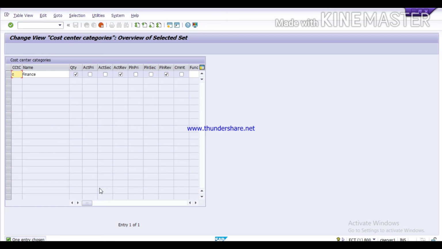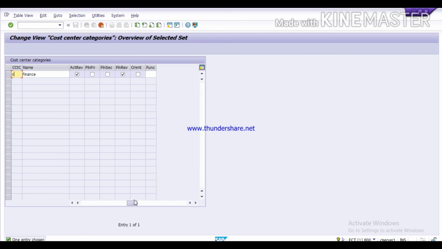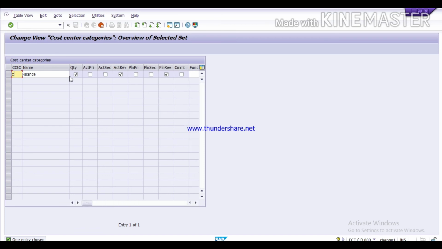Here you can choose the fields which you want to control. Which fields you want to show, you can select, and then just simply save.